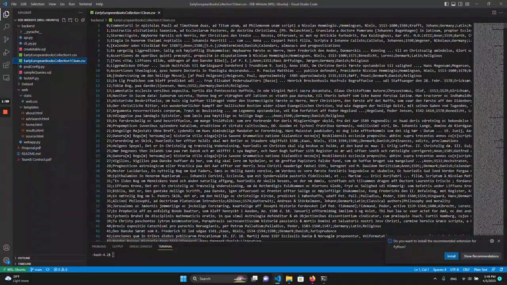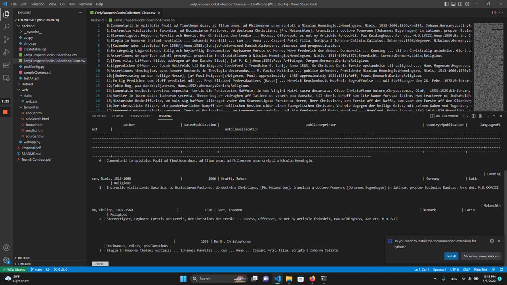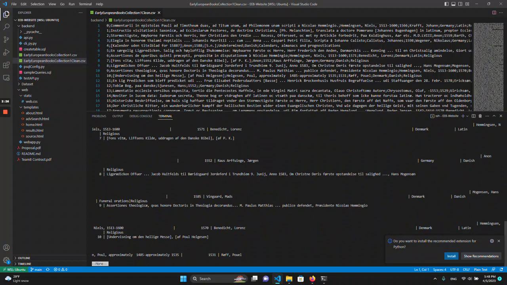This is what we base our table on. So I'm going to make the terminal a little bit bigger. And see, that's what our table looks like. Early books, and that's what it looks like in the terminal. Doesn't look too great, but you kind of get the idea. And anyway,